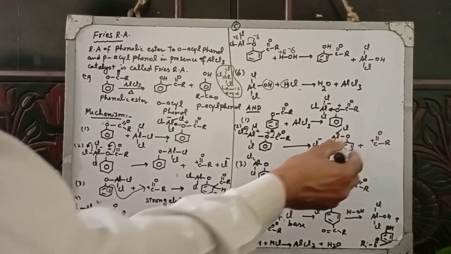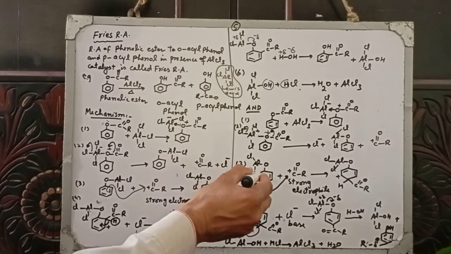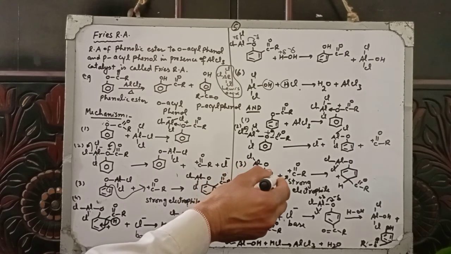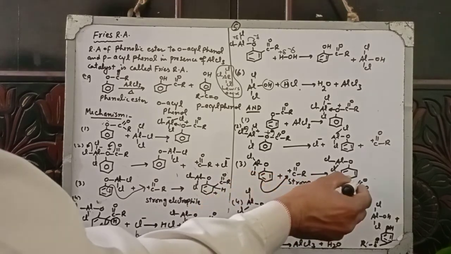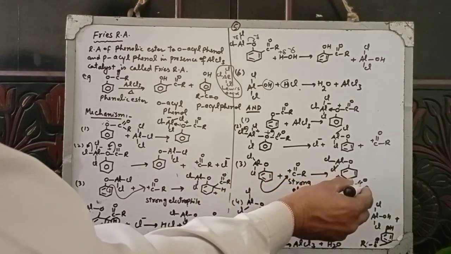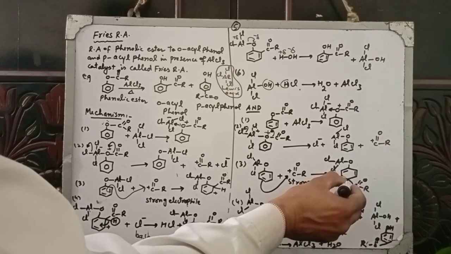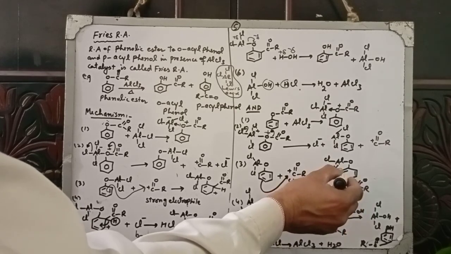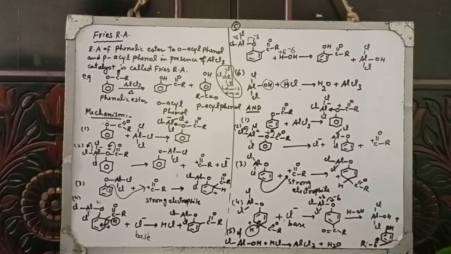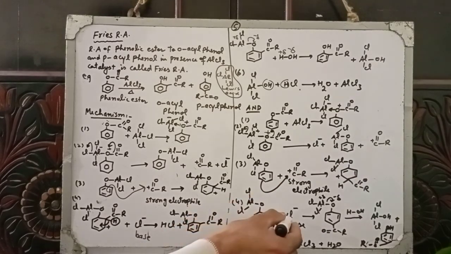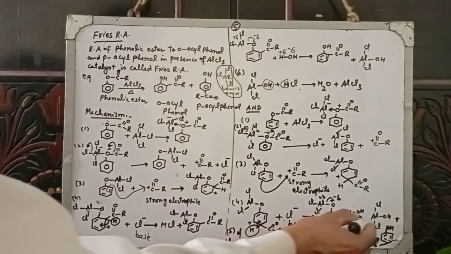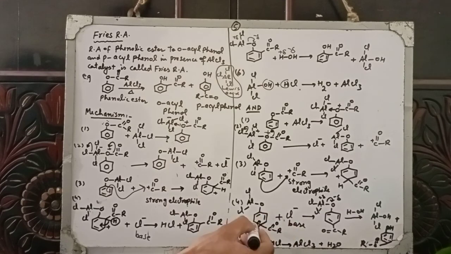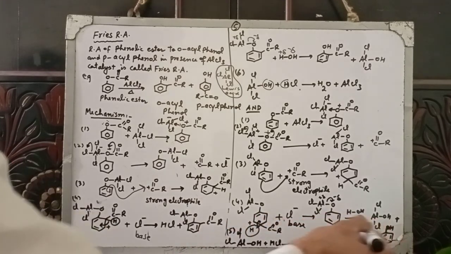This is the strong electrophile. Now this strong electrophile will attack this product on the para position and withdraw electrons towards itself. On the para position the acyl group will be attached. All hydrogen is already attached. The adjacent carbon becomes positive. Now the base will take the proton and electrons are shifted in the ring. The ring is regenerated. H and Cl will combine and give HCl.